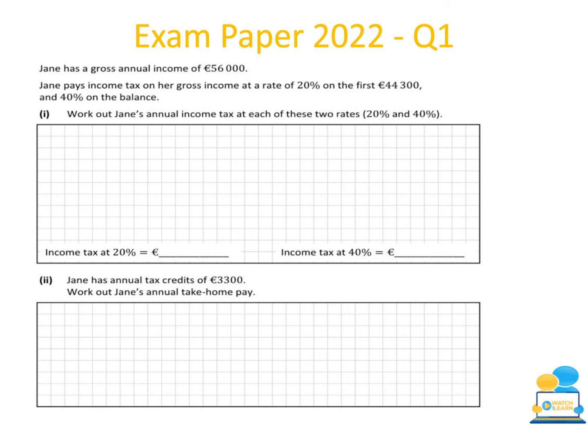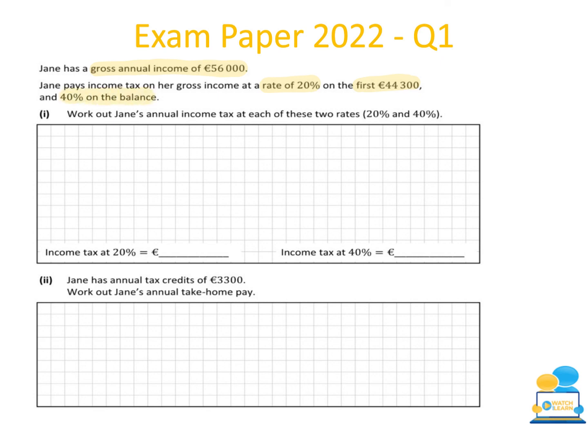Work out Jane's annual income tax at each of these two rates, 20% and 40%. So in this question, we don't have to apply any tax rates because they haven't given us any in the question. They only want us to find out how much tax she has to pay at the 20% and how much she has to pay for 40% tax. So if we start by highlighting some important information, Jane's gross annual income is $56,000. The smaller rate of tax is 20% and she pays that on the first 44,300 and 40% then on the